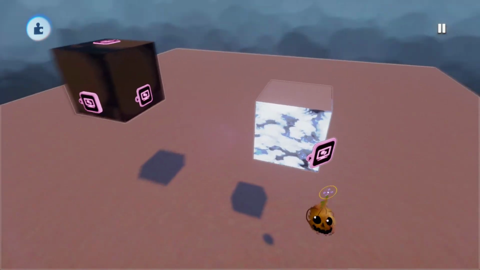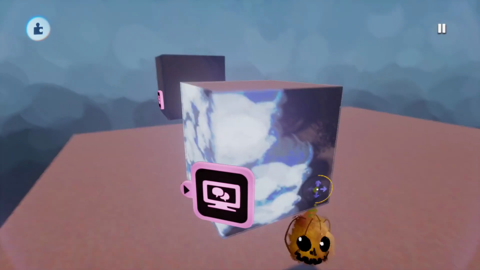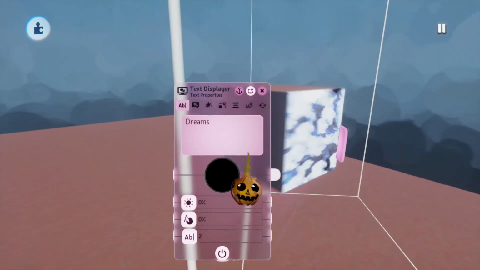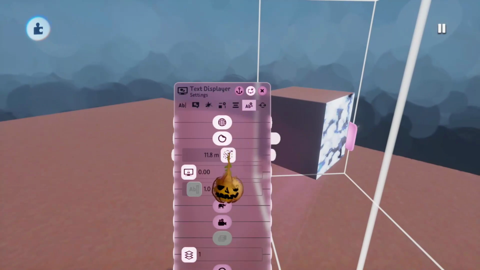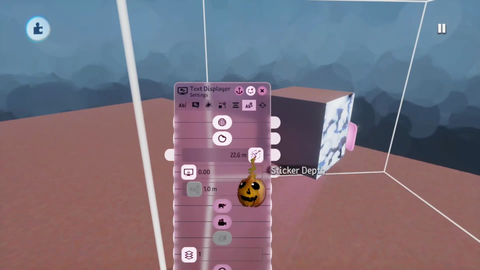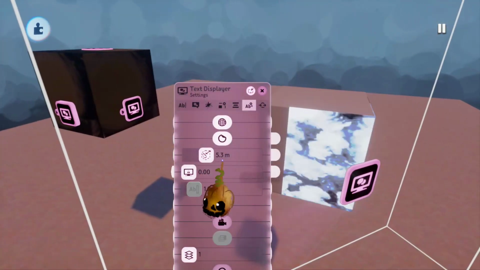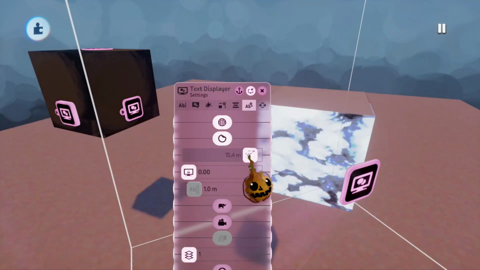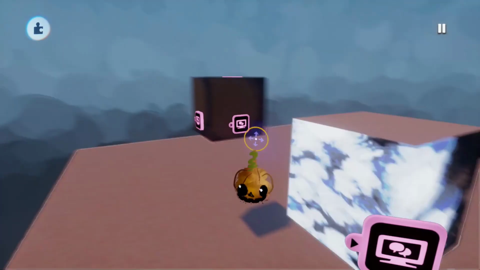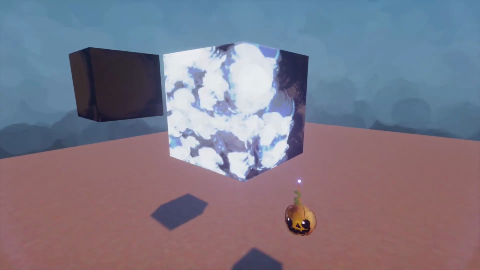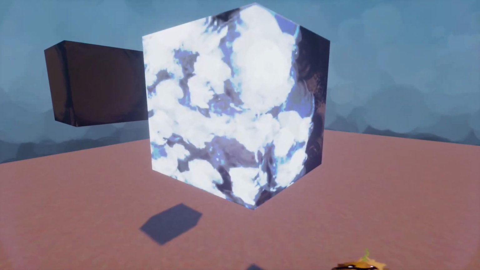There you go. So what we did now is that we now give the depth to the text displayer. So if we change the size of the sticker depth, you can see that we are now having the side of this cube, right? And if you push it more, it will fill out the other two sides as well. So now you have a filled cube where the image is still going on and continuing with the texture,